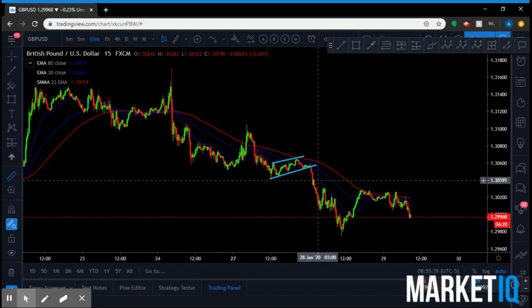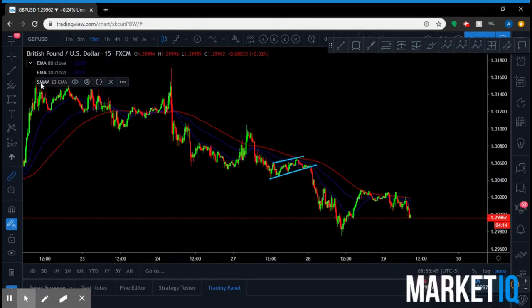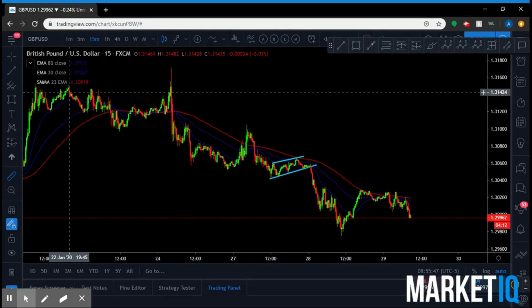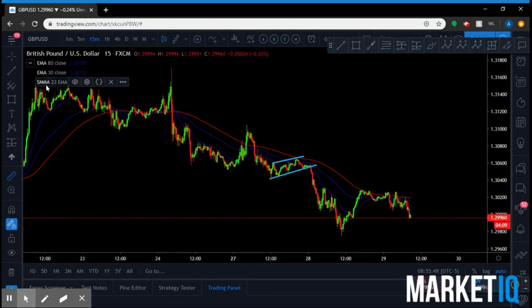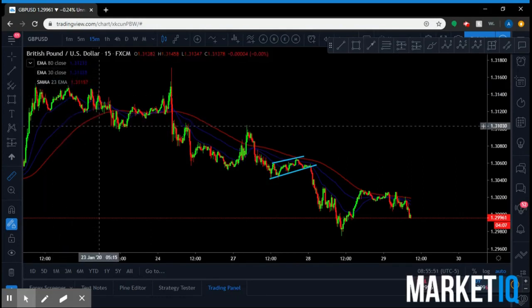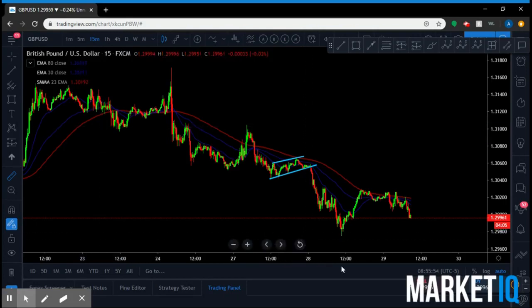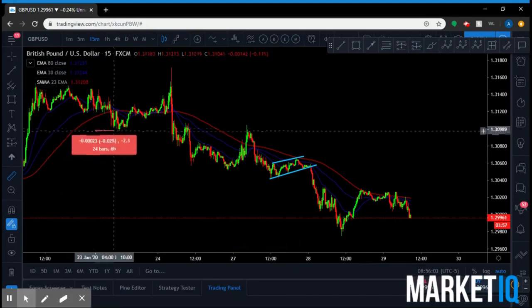Okay, so there are 3 types of moving averages. There is the exponential moving average, which is the EMA. There's the smoothed moving average, which is the SMMA. And then there's the simple moving average, which is just an SMA. We use exponential moving averages and a smoothed moving average, the SMMA. And what this does,